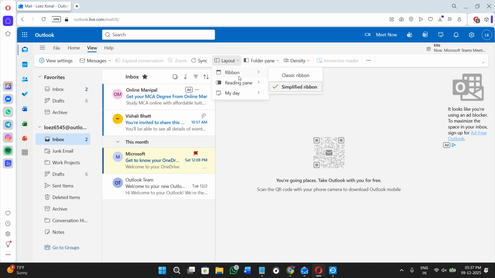Over here, simply click on it to find the option that is called Search Bar Location. You can set the option to the top. As soon as you apply it, the search bar is going to be moved to the top of the email